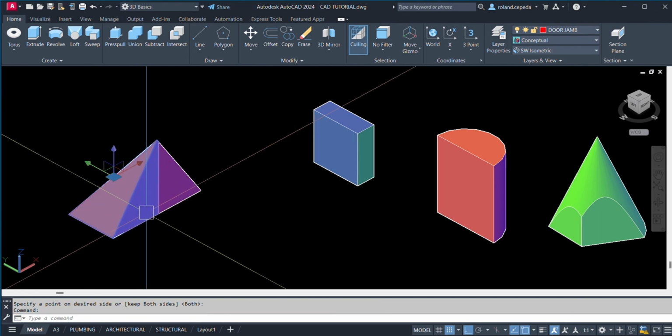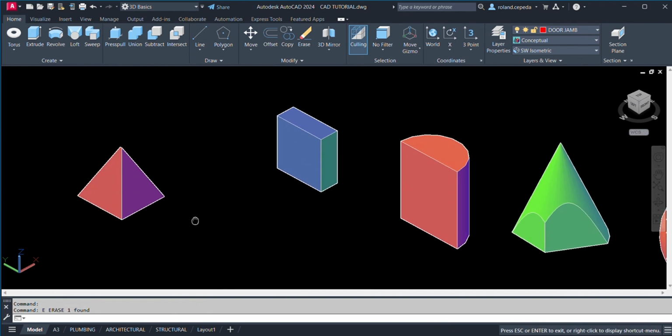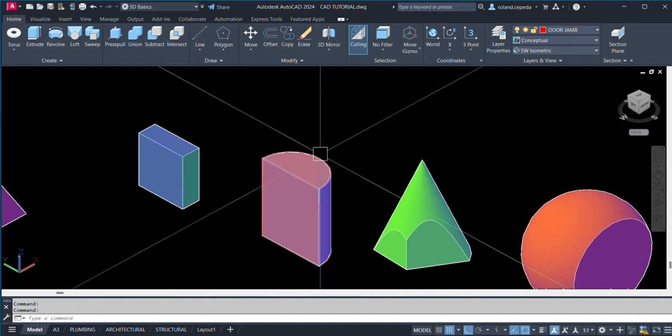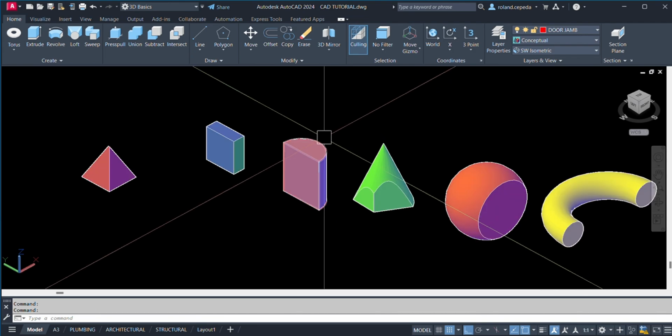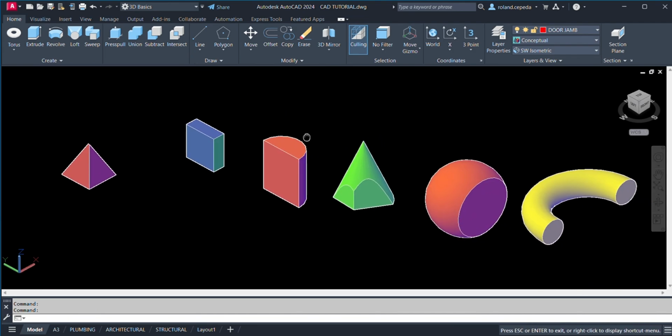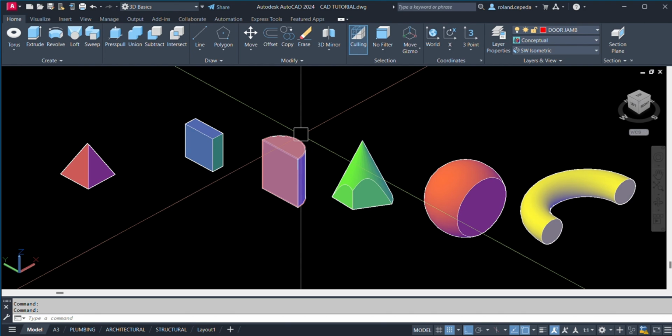Okay. Face. So there you go. You have now the slice command for the 3D objects.